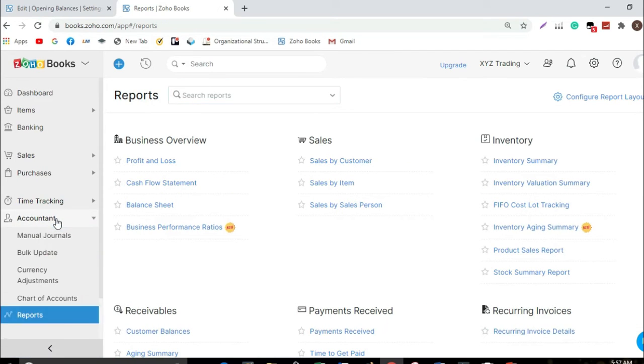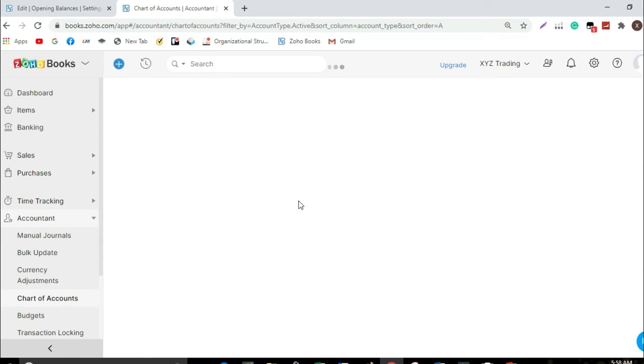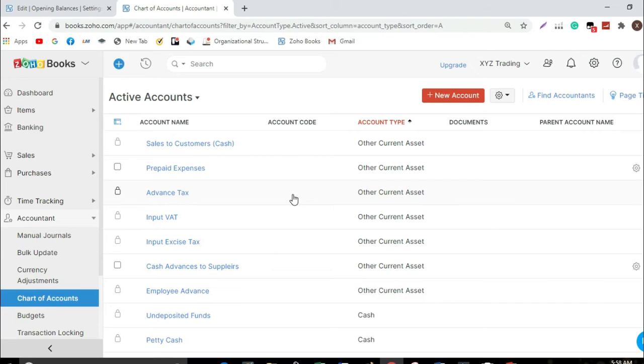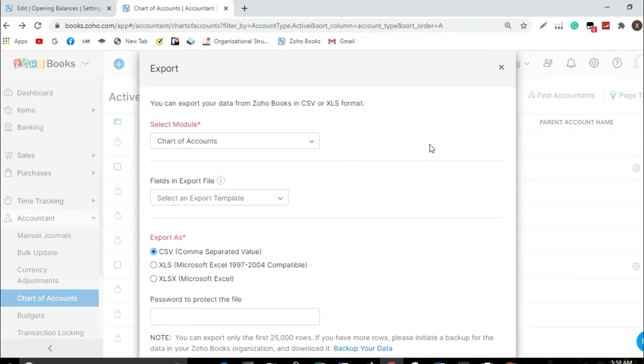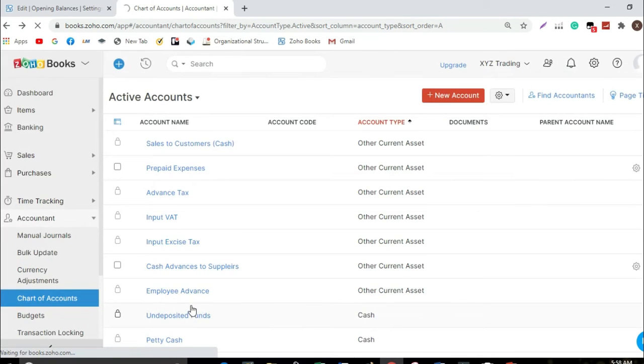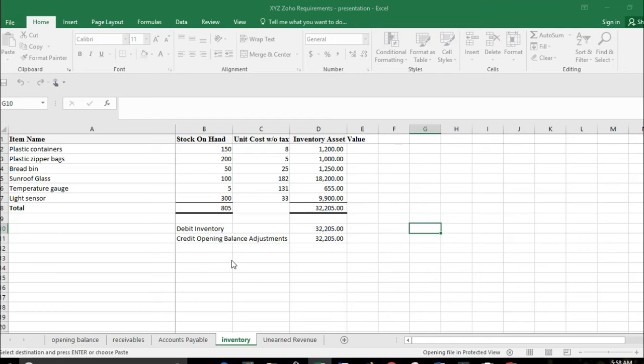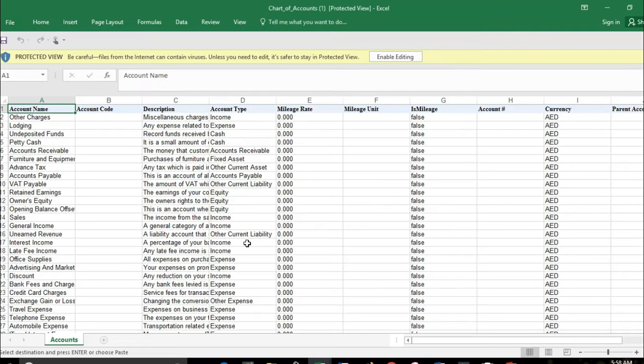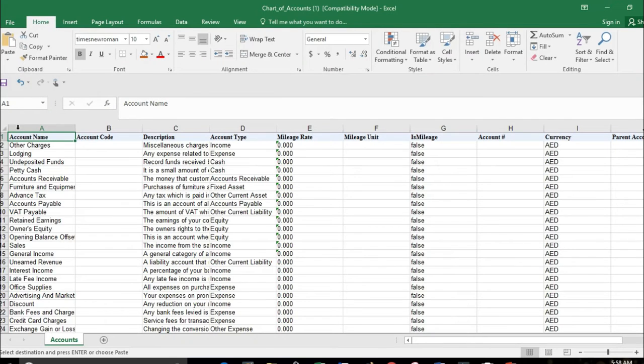Before we go to the manual journal, let's check the chart of accounts. These are the existing account titles available in your Zoho accounting software. Let's compare the account titles mentioned in our trial balance to see if they're all available in the existing chart of accounts in Zoho.